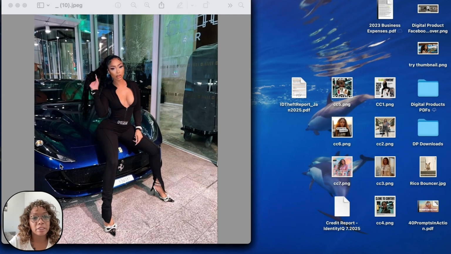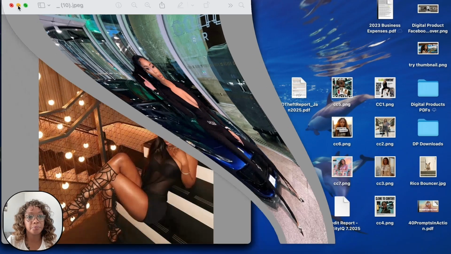So this was my inspiration. This is a picture out of Pinterest. What I do is I go to Pinterest and I use pictures from Pinterest as my inspiration photos. And when I do that, it gives me the ideas, because a lot of people are like, oh, I don't know what to post or I don't know what to do, blah, blah, blah. This gives you the blueprint of certain pictures. You can go in there and make what I call a mood board, and you can have your mood board full of pictures that you want to recreate for yourself. So this was the inspiration for the other pictures that I showed you earlier.